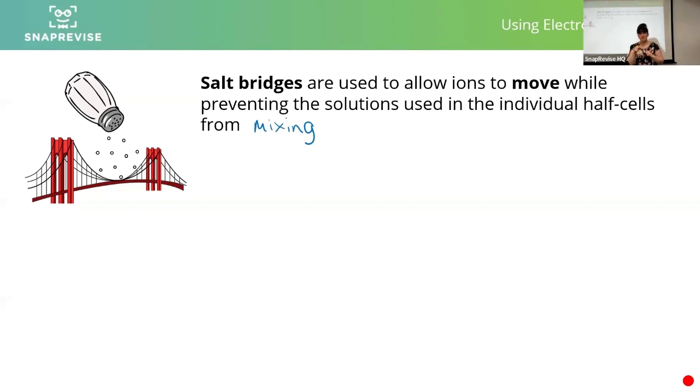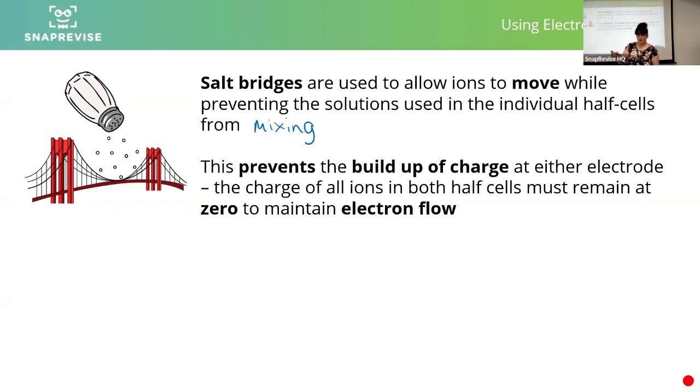If you have a salt bridge, you allow the flow of ions to happen really neatly. It allows the ions within the solution to move. It allows there to be almost like a continuation of the circuit, and so it allows the electrochemical cell to work more smoothly, I'll say. It prevents the buildup of charge at either electrode, there we go, which is going to push against the voltage,